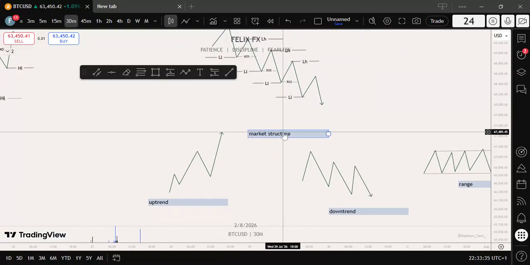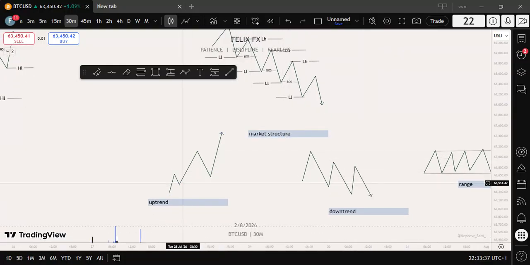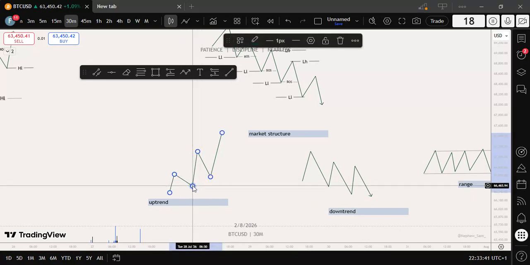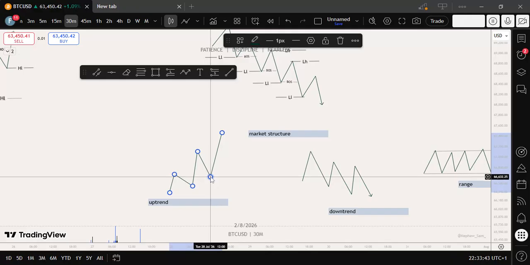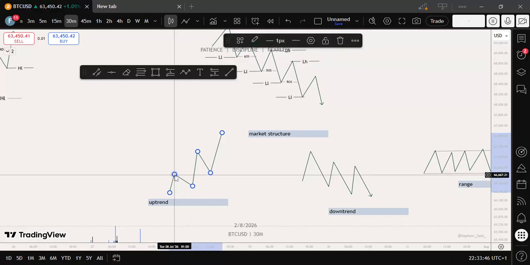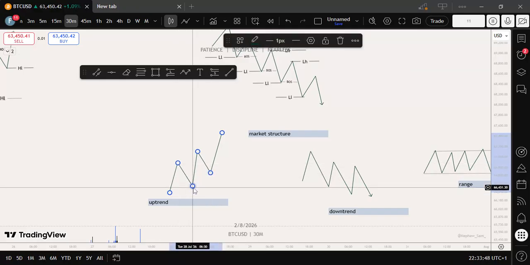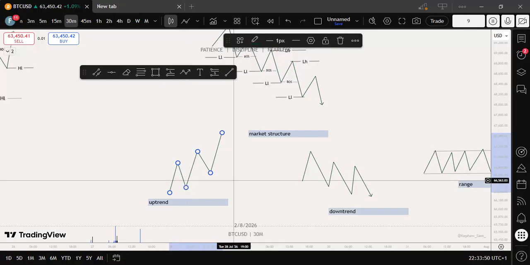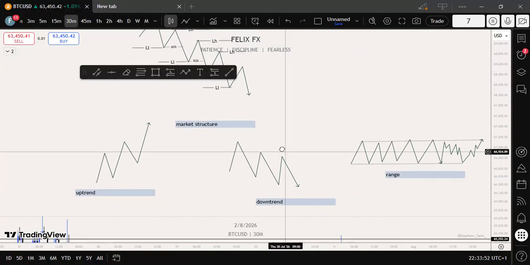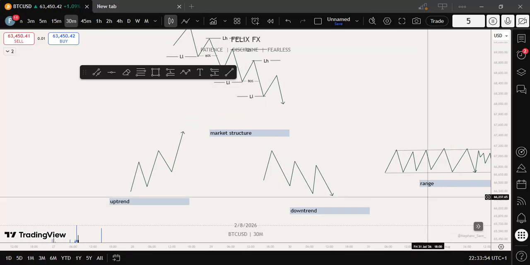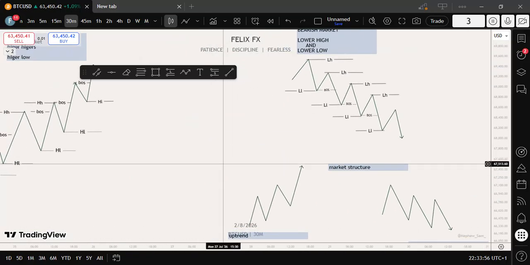Market structure: your higher highs and higher lows are your uptrend market, and your downtrend market, and your range market here. I'll break down what